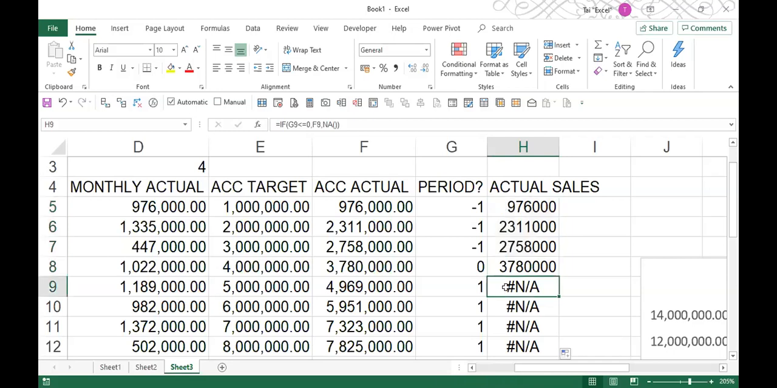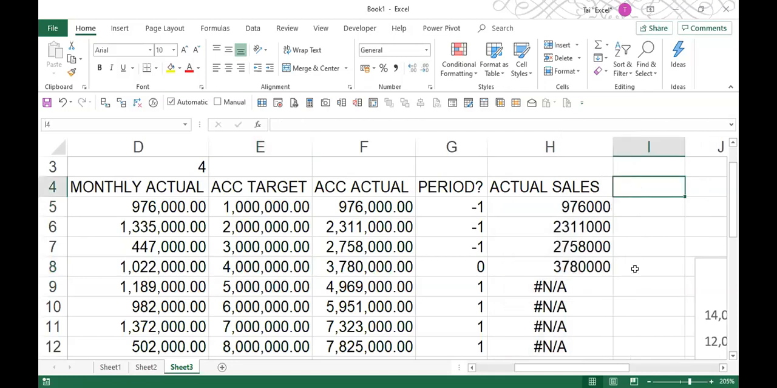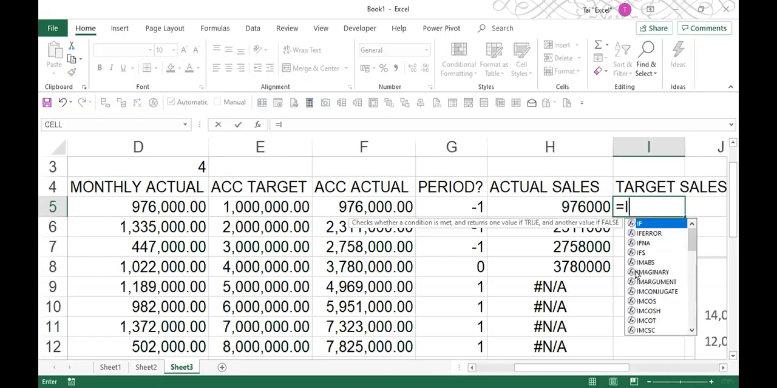And after I'm done, I want to continue with the target, the cumulative target for the rest. So in order to do so, I want to have something here. That means it's a target sales, something like this. Okay. So I will do the same formula, just in the reverse order. I just type equal IF